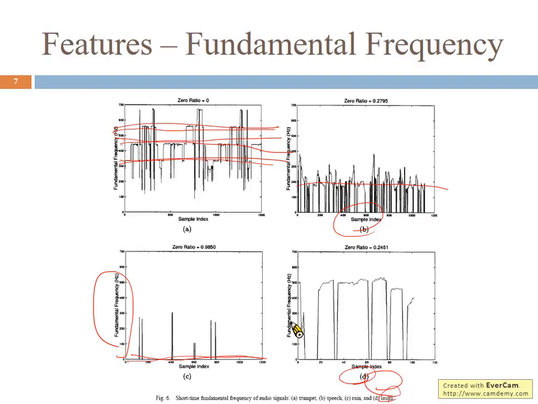And the final one is laughter. When people laugh, they issue voiced sound, so we have a clear fundamental frequency. In addition to seeing whether there is fundamental frequency, we will also check the frequency value of the fundamental frequency. We can see that for laughing, we have maybe 1 or 2 fundamental frequencies. For speech, we also have several. But for the musical instrument, we may have several fundamental frequencies at different time instances.